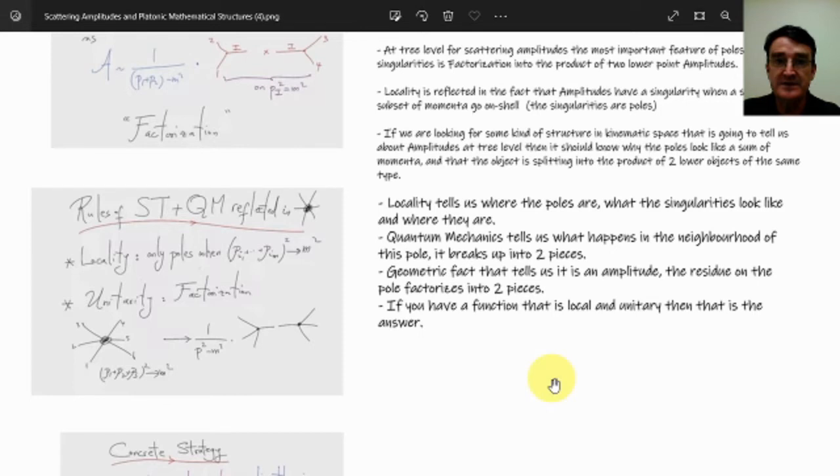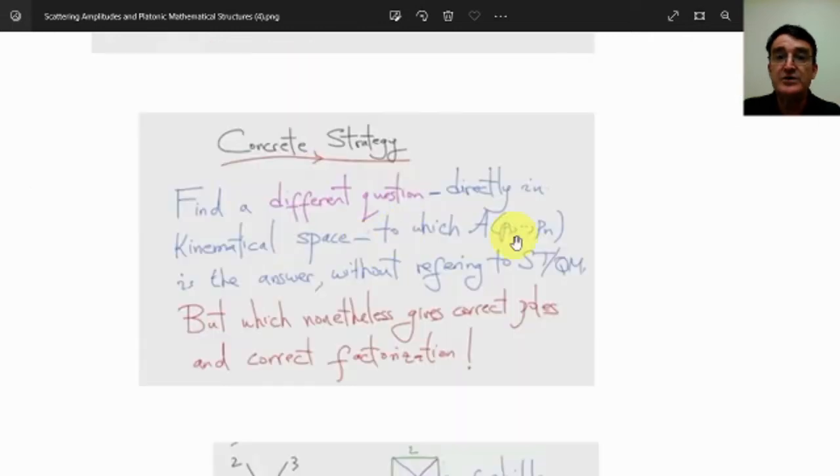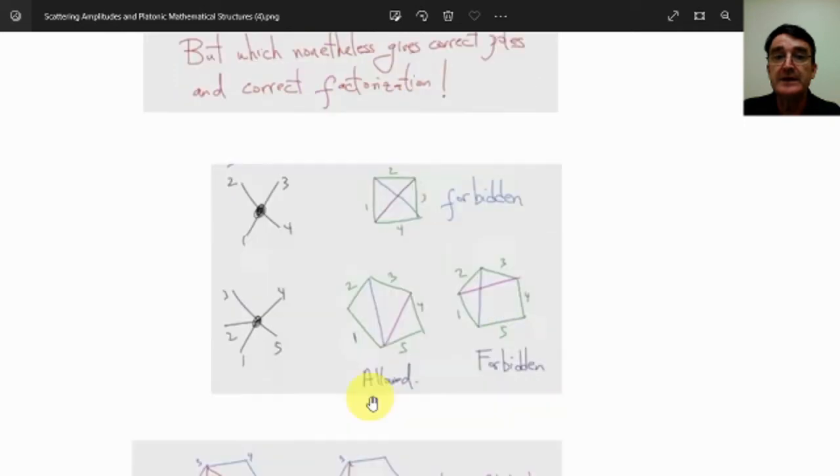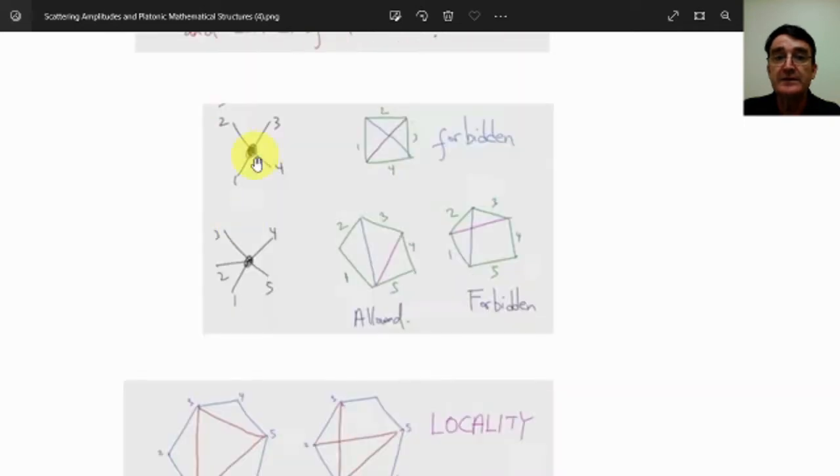So he says his concrete strategy from a different video of his is to find a different question directly in the kinematic space to which A of the momenta, where P1 to Pn are the momenta, is the answer, without referring to space-time and quantum mechanics, but which nonetheless gives correct poles and correct factorization. That's what he's looking for, and he goes on to show that the scattering of 4 points here can be